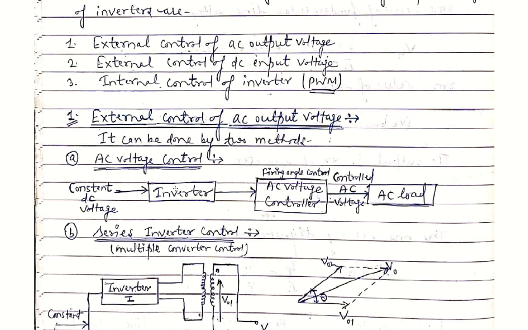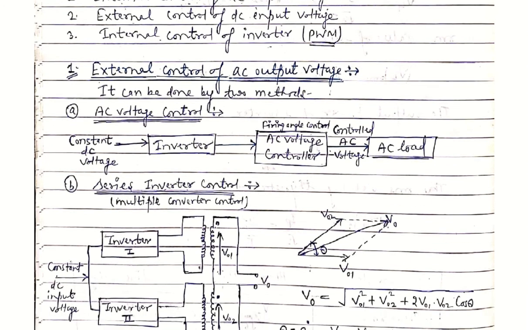So if this inverter provides input AC voltage to the AC voltage controller, it will convert it into a variable AC output voltage by firing angle control, because the AC voltage controller is fabricated using thyristors or other power electronic devices. If we control these switching devices, we will control the AC output voltage, and this controlled AC output voltage is finally fed to an AC load, which is the induction motor or any type of AC load. In this manner we control the AC voltage output of this inverter by applying the AC voltage controller externally.